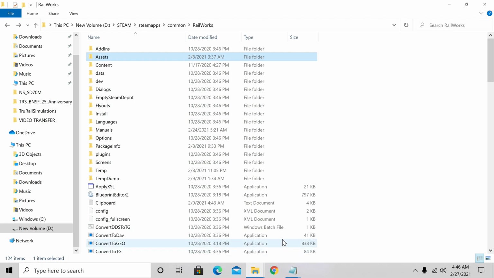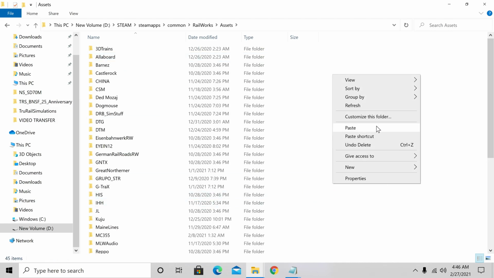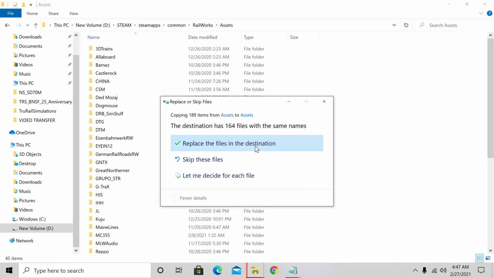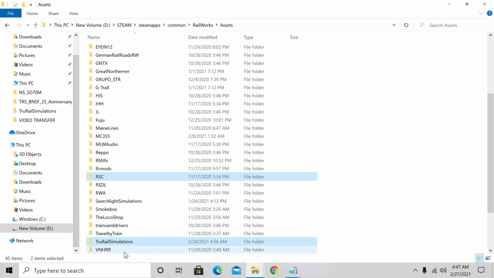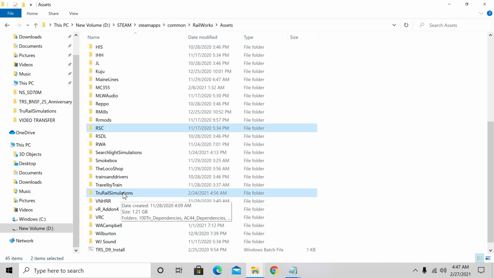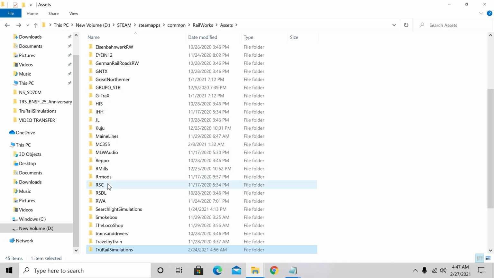So anyway, go into your assets from the RailWorks window, and you're going to go ahead and paste those. And remember to do that right after assets. So it's going to overwrite the files since I already have this installed. When you go to TruRails, just make sure you have the GEVO dependencies. Okay, that's already installed, so it's good to go. And then RSC,